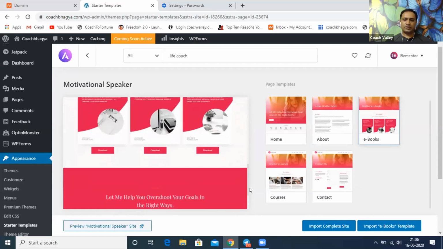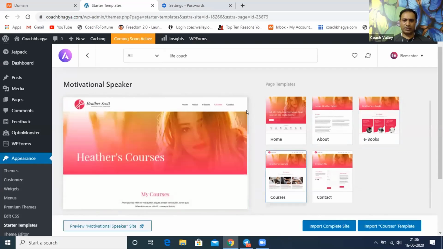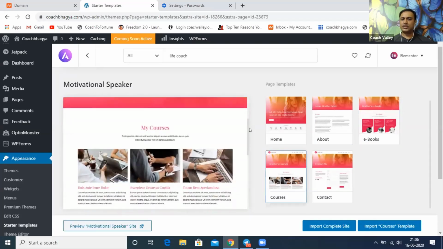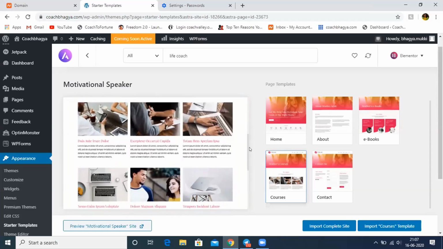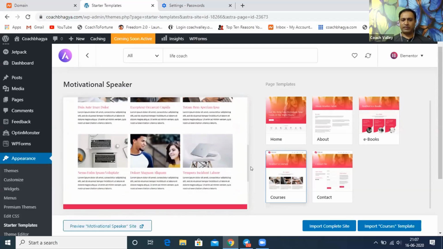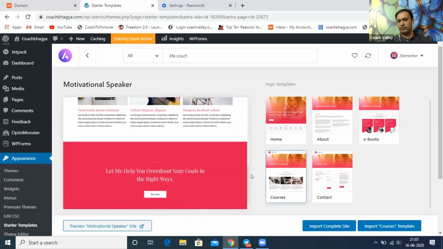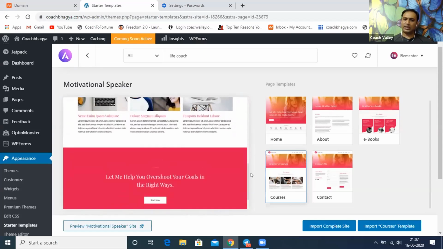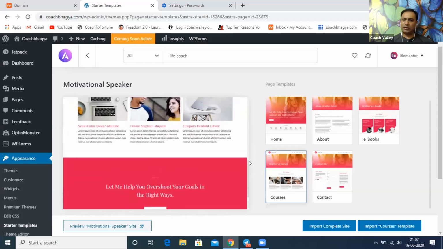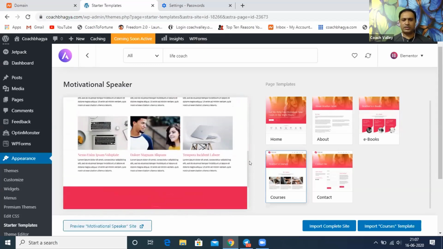Okay. So go to courses. Yeah, click on that, scroll down and see how it looks. So these are my courses. This is the most important thing because usually your courses will be coming here. You may have 5 courses, 10 courses, whatever courses, all this comes here. And we can also see here, there's no button. We can even create a button below every course so that they can click on that and there's a call to action to buy from there, or else probably inquire from there. All those things we can do.